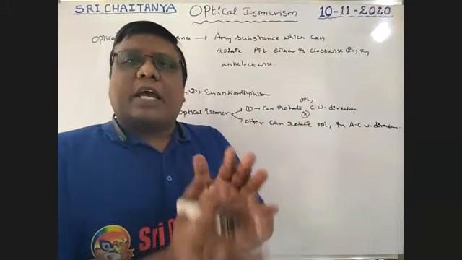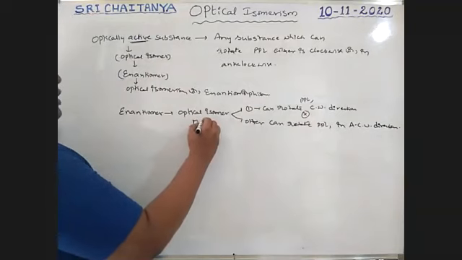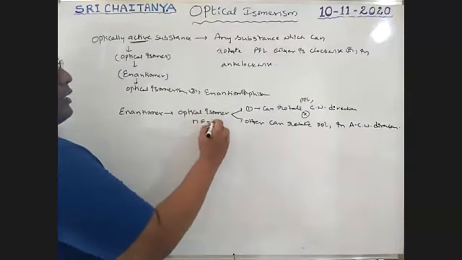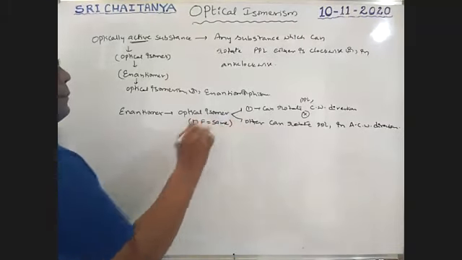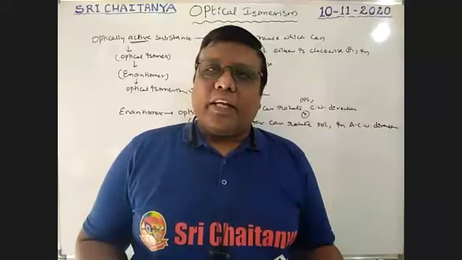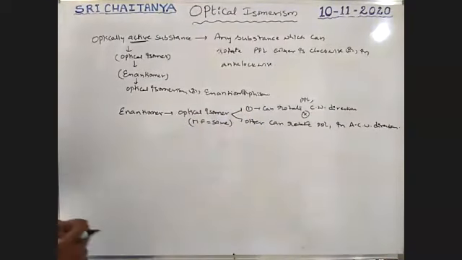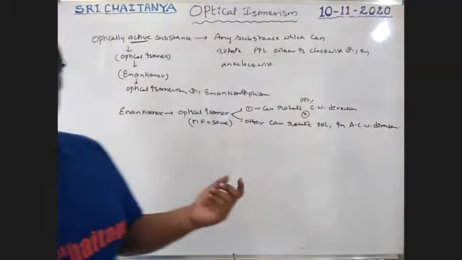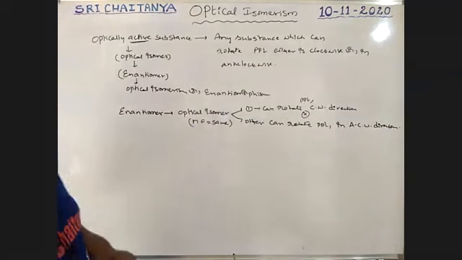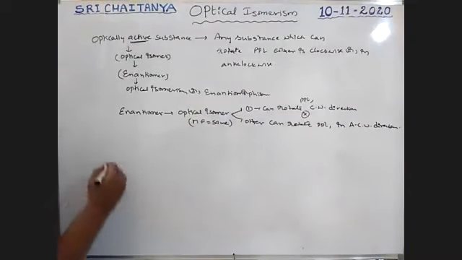That pair of isomers has the same molecular formula. Boys, so isomers, molecular formula same. It's very important. Same molecular formula, one can rotate plane polarized light in the clockwise direction and the other one can rotate anti-clockwise. That phenomenon is called enantiomerism, and they are called enantiomers, which is nothing but optical isomerism. Okay, enantiomorphism.